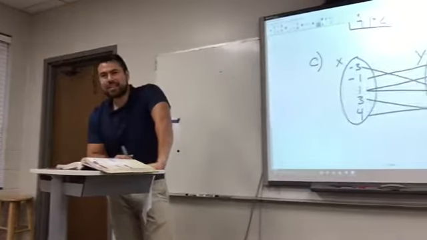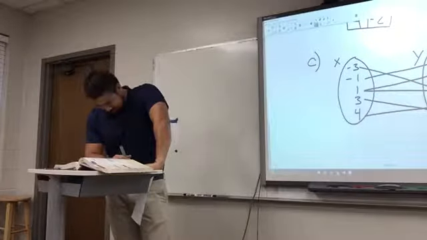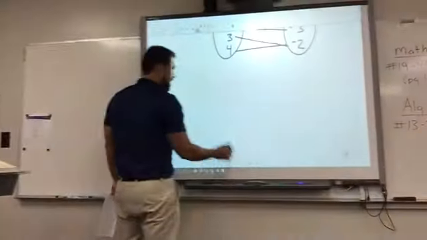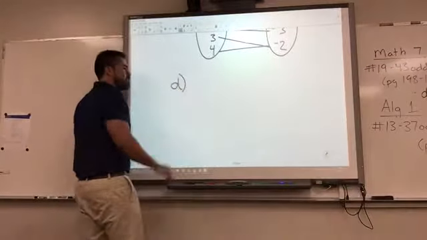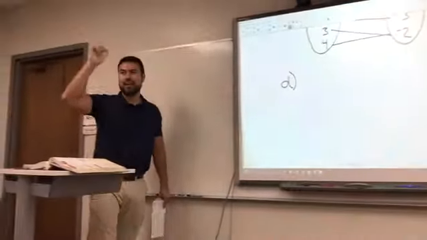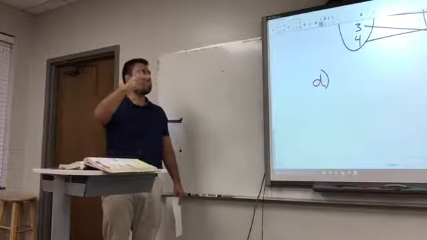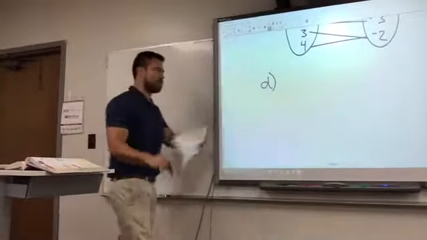That was C, wasn't it? What do we have next? D. All right, last one on this problem. What this is doing is it's getting us practice with identifying set of ordered pairs, using a table, looking at circle mappings, and just being able to see the relationship of numbers.